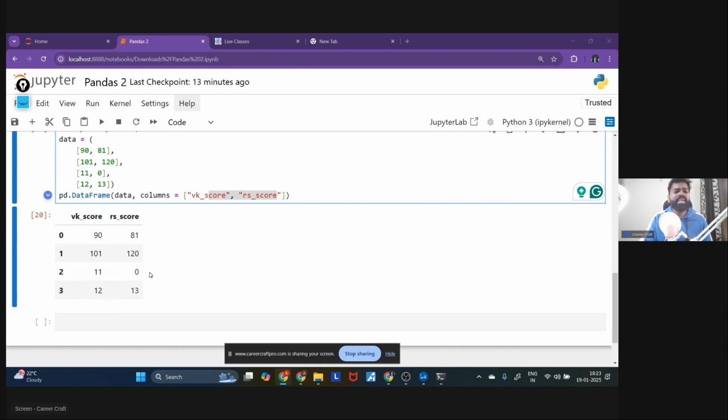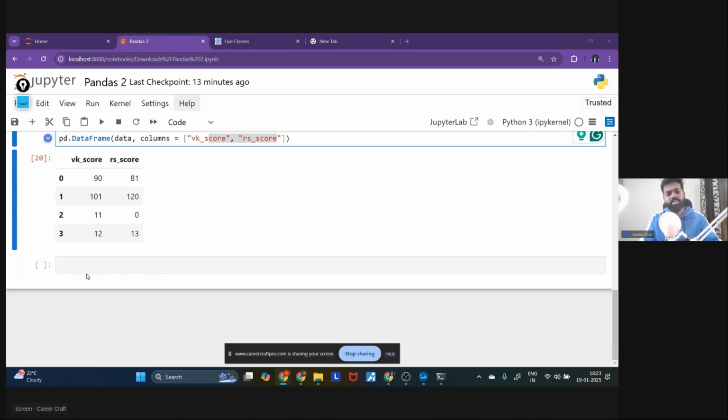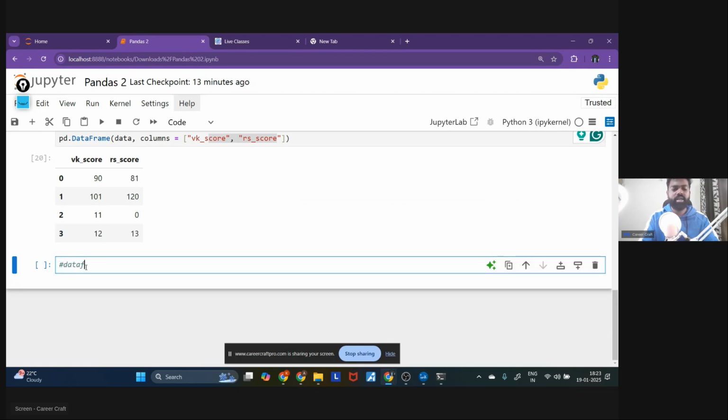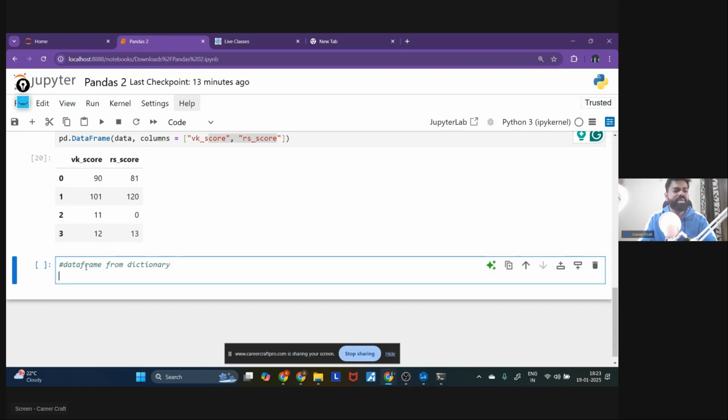Fine. Can we create a data frame from a dictionary? Yes, the answer is yes. You can do that as well. So, data frame from dictionary. How can you create a data frame from a dictionary? Simple. Let's say we have a cricketer dictionary, or let's say D. D is equal to something like this, and in this we have